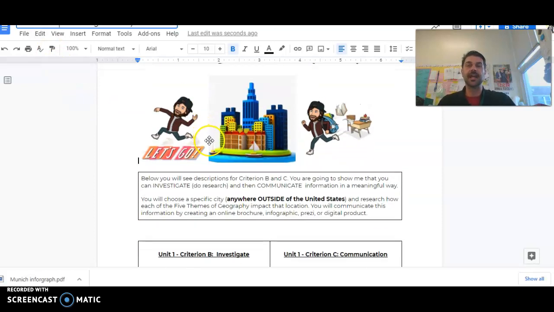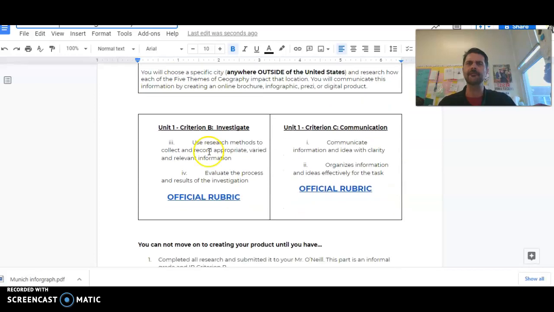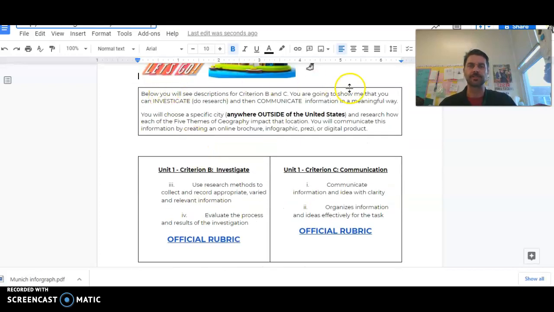So today, we're going to continue what we started doing yesterday with the investigating of cities, of choosing someplace. Hopefully yesterday, you were able to find a country, a city, a place in the world outside of the United States that you have some kind of interest in. Today, your goal is to choose a city and start filling out this form. Before I go any further, I expect you to read this because it gives good information on what you're doing,